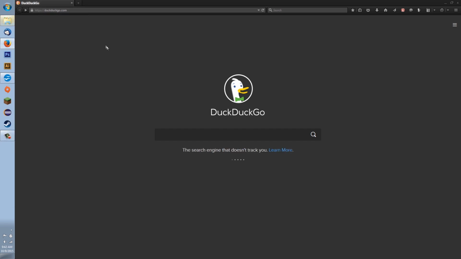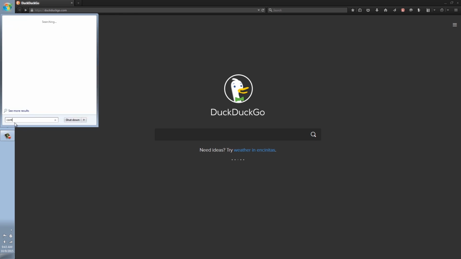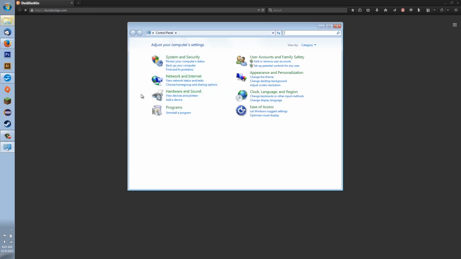So what we're going to do is go over to our start icon. Mine is in the top left corner. Yours may be in the bottom left, which it probably is. And you're going to type in a search bar of any sort, control panel. So we're going to click on the first one. This is our control panel. We are going to be